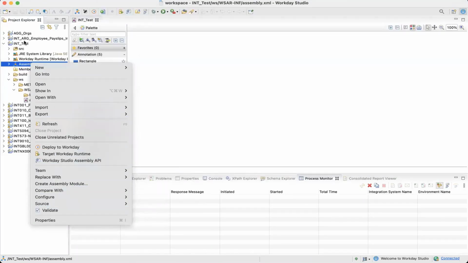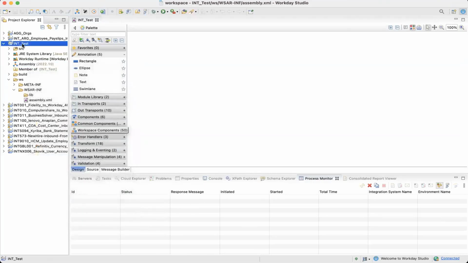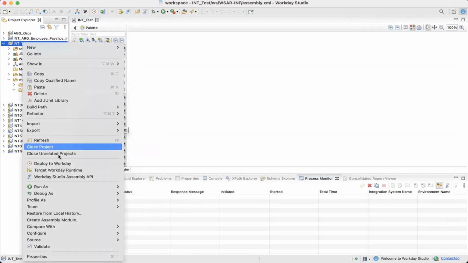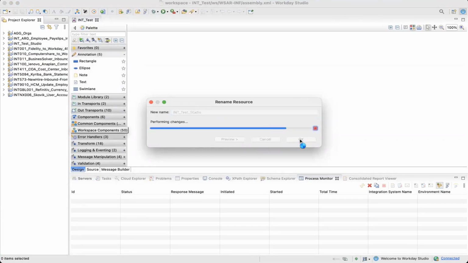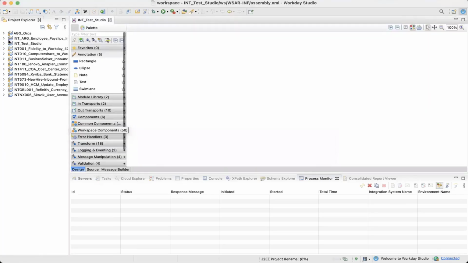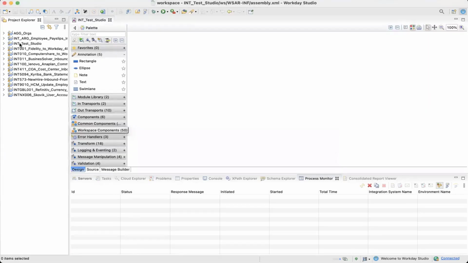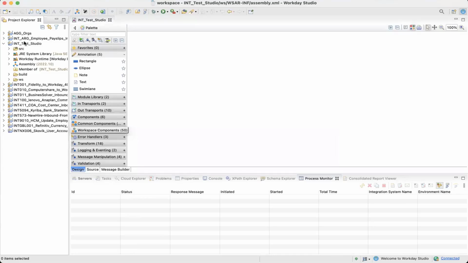You right click on this, and then there is something called Refactor and then Rename. Okay, test_studio. So it will just rename the project.